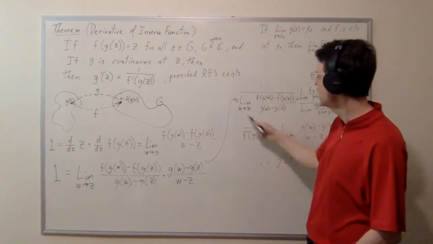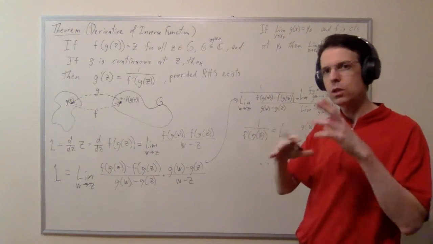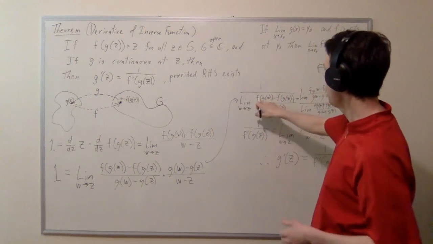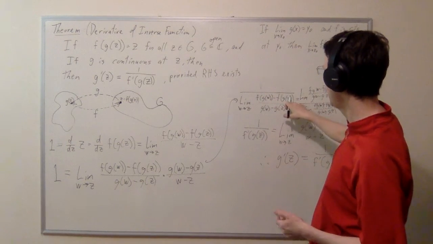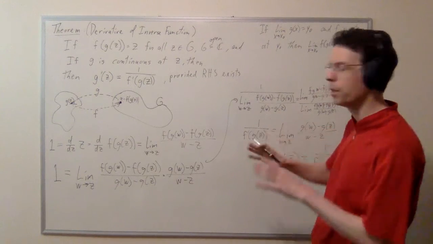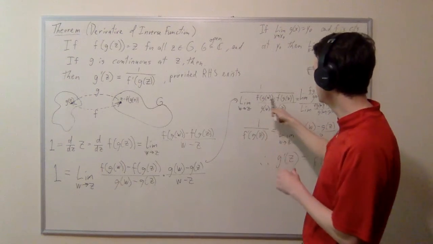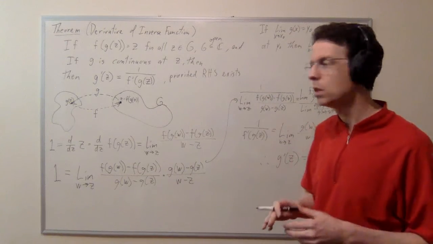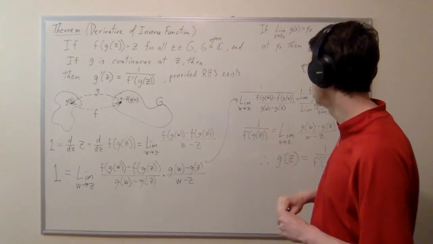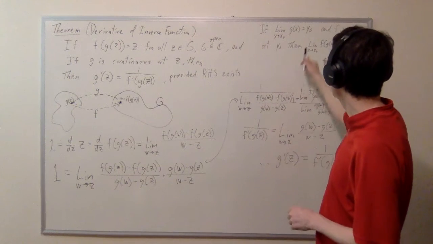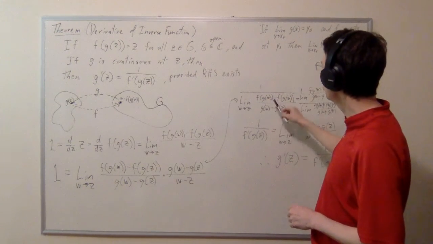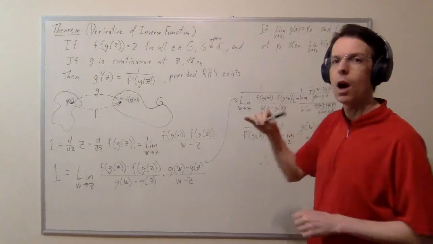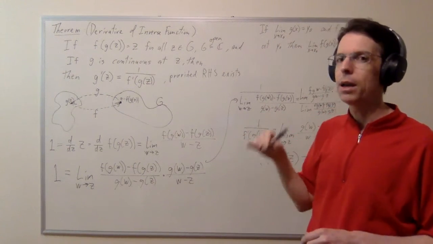So in this context, the outer function is actually this difference quotient function, f of u minus f of alpha over u minus alpha. That's the outer function. And the inner function is simply the function g. So the outer function is continuous because f is differentiable, but the inner function has to have a limit evaluated on it. It has to have a limit where w approaches z of g of w, and that has to